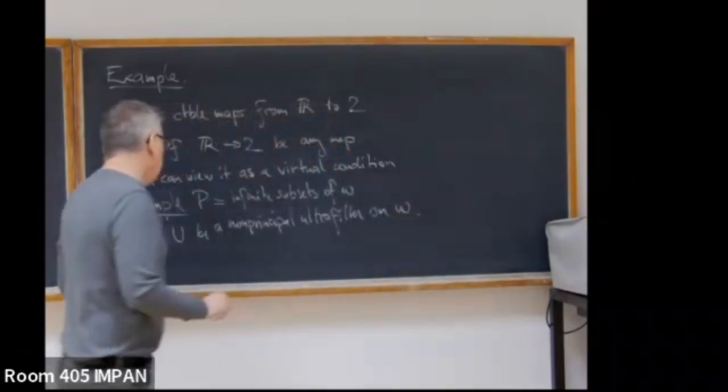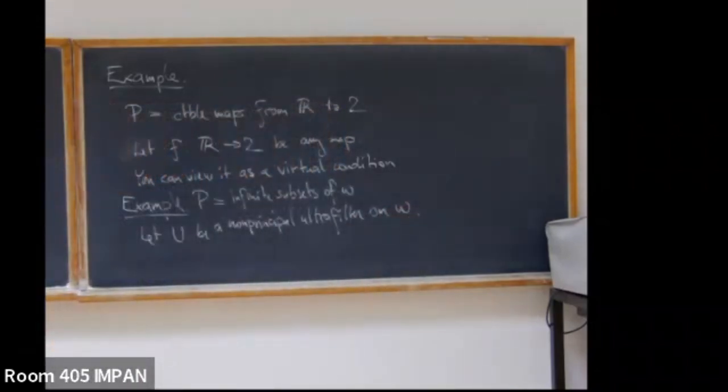And now, in any poset that collapses the cardinality of the continuum to omega, you can consider the set of